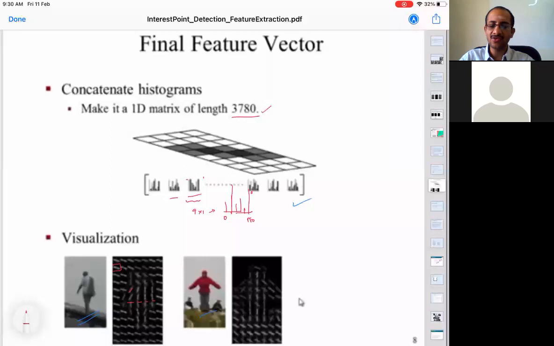Finally, for this itself, you had a 3000 dimensional feature vector. And if you take a 1000 cross 1000 image, the dimension of that feature vector will be much, much higher. So in that case, handling it and subsequently applying classifiers and so on is not very simple. So the focus was led to